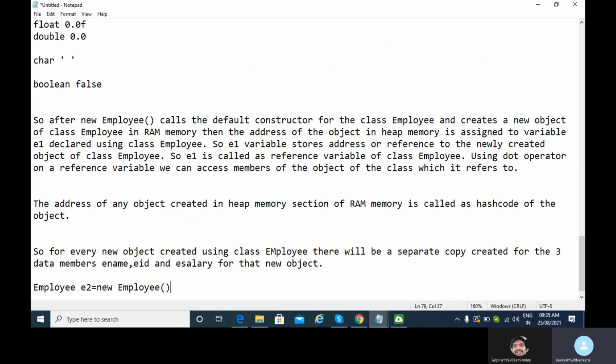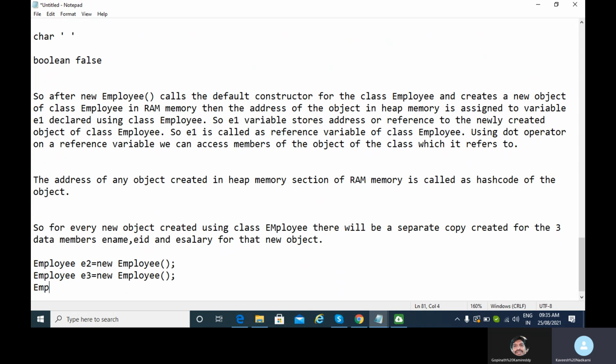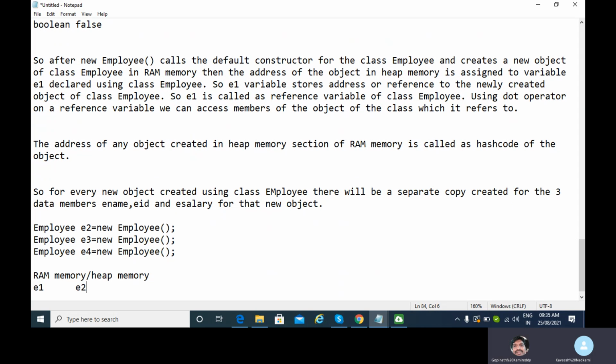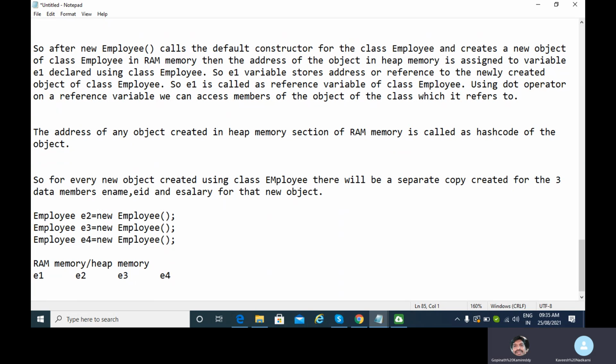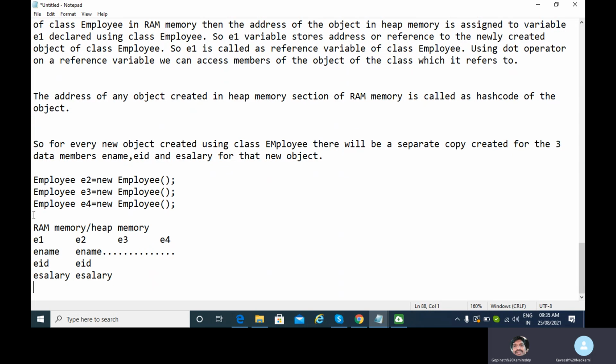Again, I have to mention empty brackets here because the default constructor is getting called. e3 = new Employee(), and one more object, Employee e4 = new Employee(). Now suppose this is my RAM memory, that is the heap memory. These are the 4 objects e1, e2, e3, e4. So e1 will have its own copy of ename, eid and esalary. Similarly, e2 will have its own copy of ename, eid and esalary and so on. I'll just write dot dot dot for the remaining. Clear? One more thing.